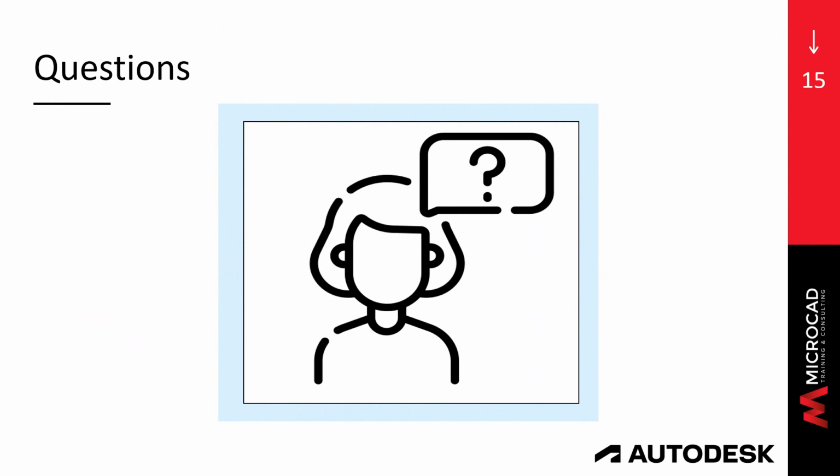That is a very good question. I would create a separate folder structure for architecture, and then another one for my MEP components, and then another one for my structural components. And then I would take a look at the